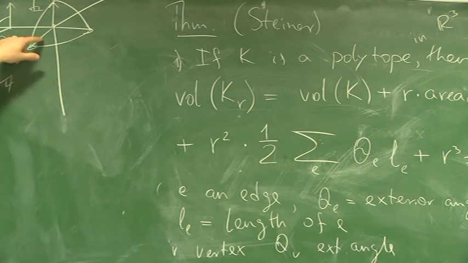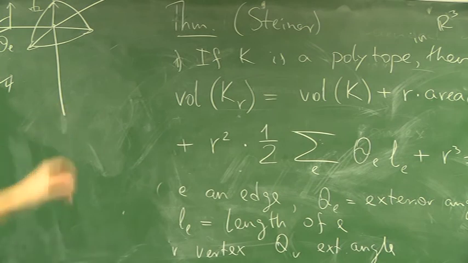Well, there can be more faces at this vertex, so this is the angle spanned by the normals to all faces incident to V. Good. So that's the formula in the polyhedral case,